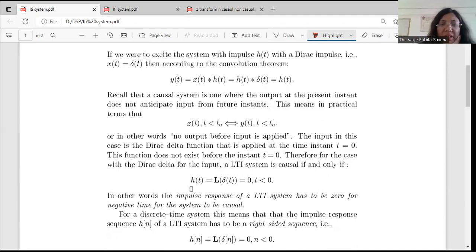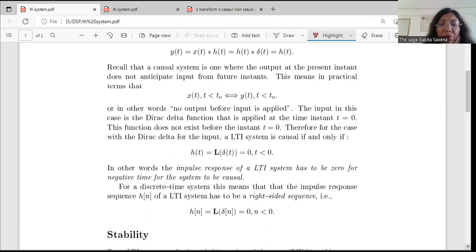As you can see, this h(t), the impulse response, is equal to 0 for t less than 0. In other words, we can say that the impulse response of an LTI system has to be 0 for negative time for the system to be causal. This is a very, very important line, so you can note this line which I am reading right now. The impulse response of an LTI system has to be 0 for negative time for the system to be causal. That means if the system is causal,